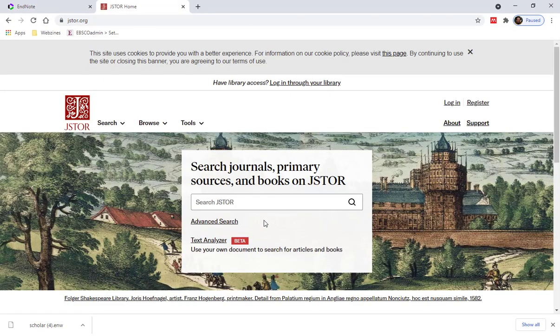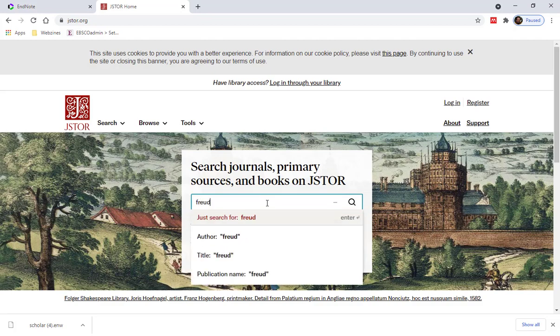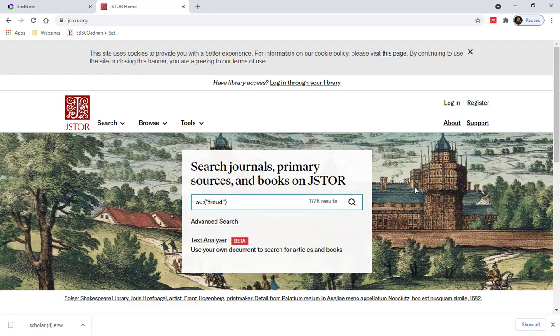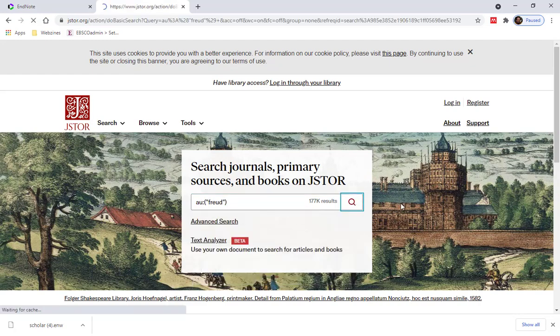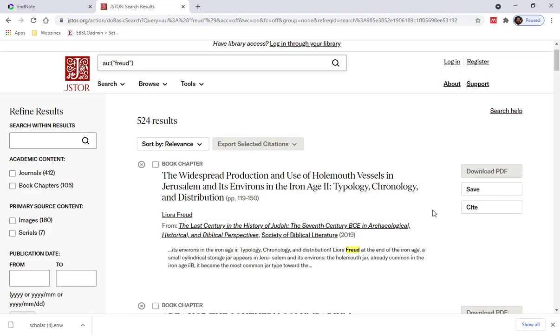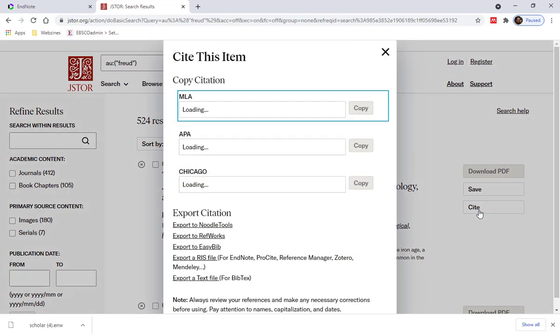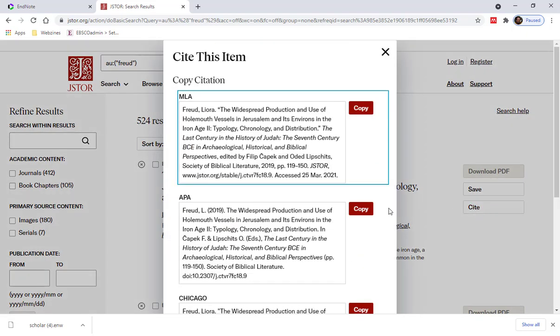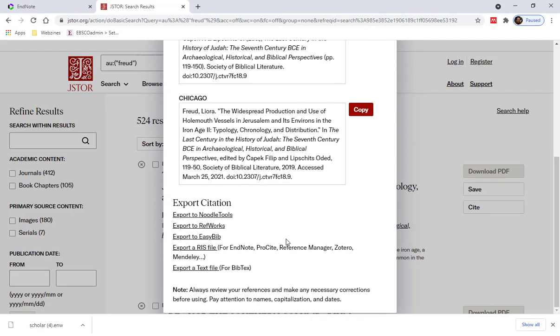This method of saving references can also be used to import references from a database like JSTOR. On JSTOR, just use search, and once you've found the document you want to import, you can click on Cite this item. Now, select Export as a RIS file to save a RIS file, which we'll need then to export into EndNote in a similar way to the ENW file we saved on Google Scholar.